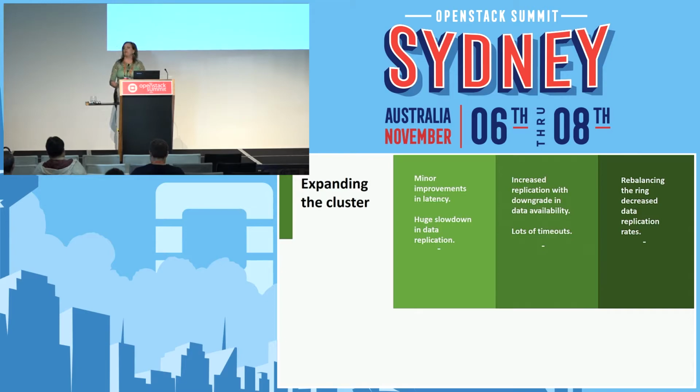We added several servers to expand the cluster. We saw some minor improvements in latency, but a huge slowdown in data replication, and again, we couldn't pinpoint the cause. When we increased replication speeds, data integrity was compromised, and we again saw an increase in timeouts, which obviously greatly inconvenienced our customers. We couldn't tell if the cluster had rebalanced, but when the Swift cluster was renewed, we